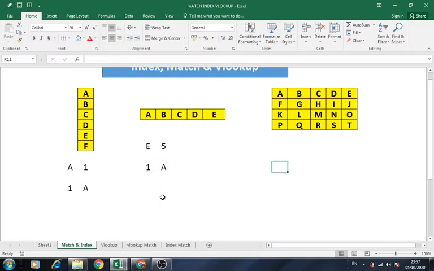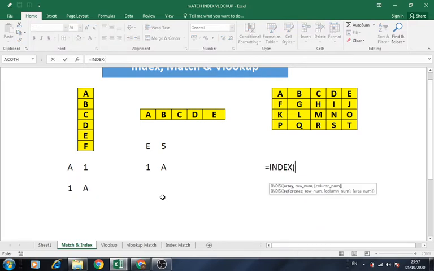We'll try the same thing here. I want to retrieve G here. So I'll ask index. Now the array is this table. In this array, now it is asking the row number. G is in the second row.